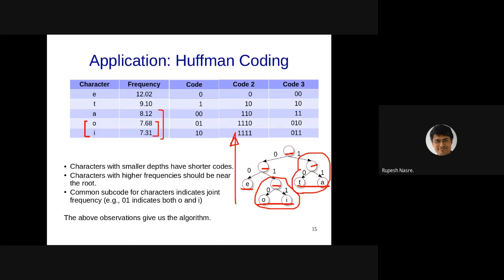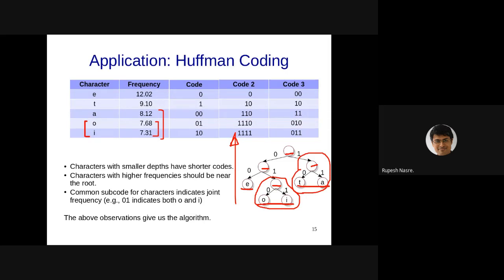Any other suggestions? Yeah, that is the twist. Once you understand this twist, then whatever we have studied so far, I think that will be clearer.